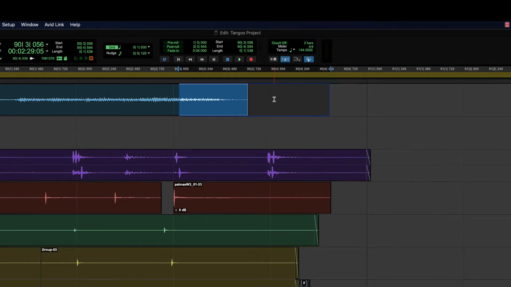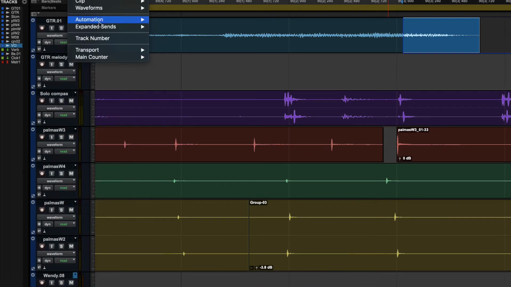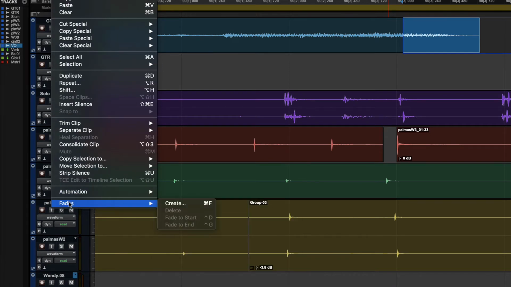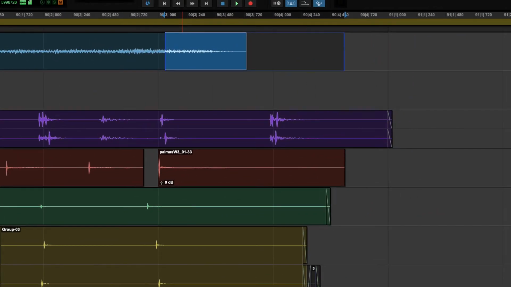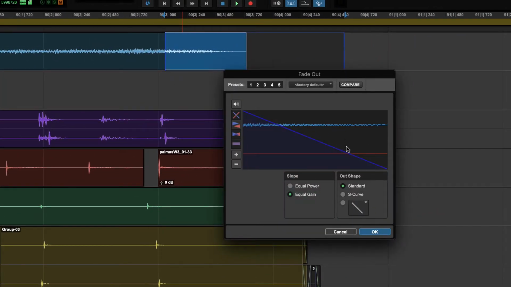So I hit Command F, or Edit, Fades, and then Create, which is also, again, Command F, which you're going to want to know that one. You create fades so often, it's so useful. Just learn the shortcut. It's so helpful. So Command F will always bring you up a dialog box where you can choose a series of different shapes